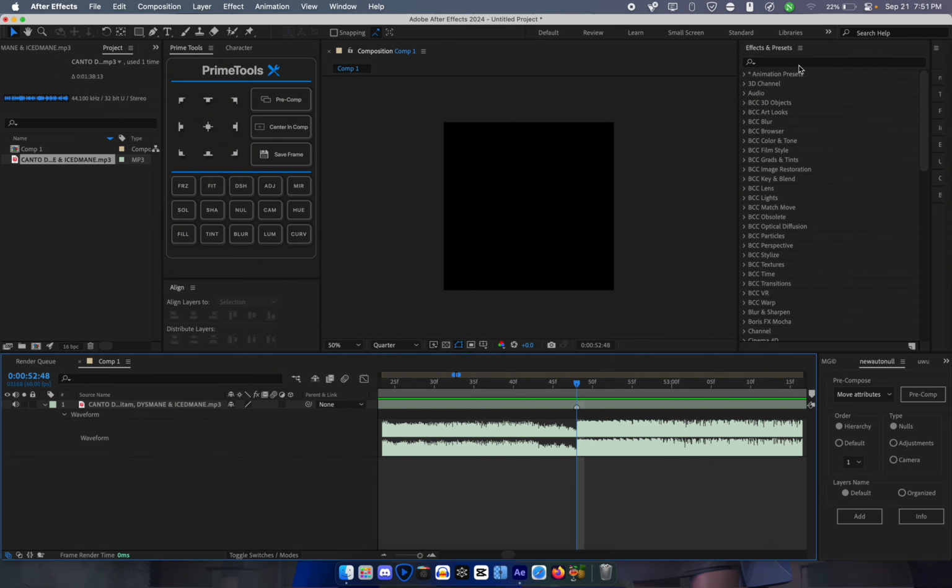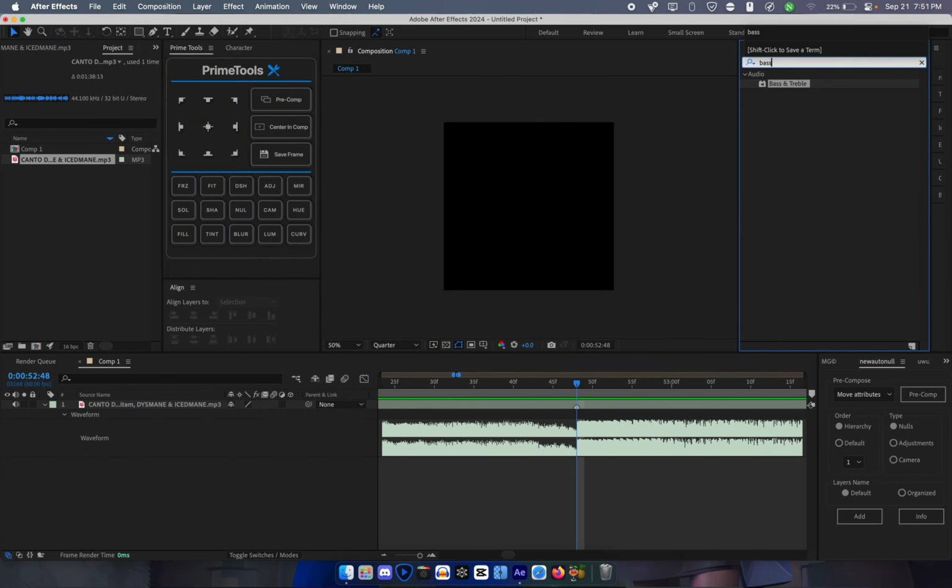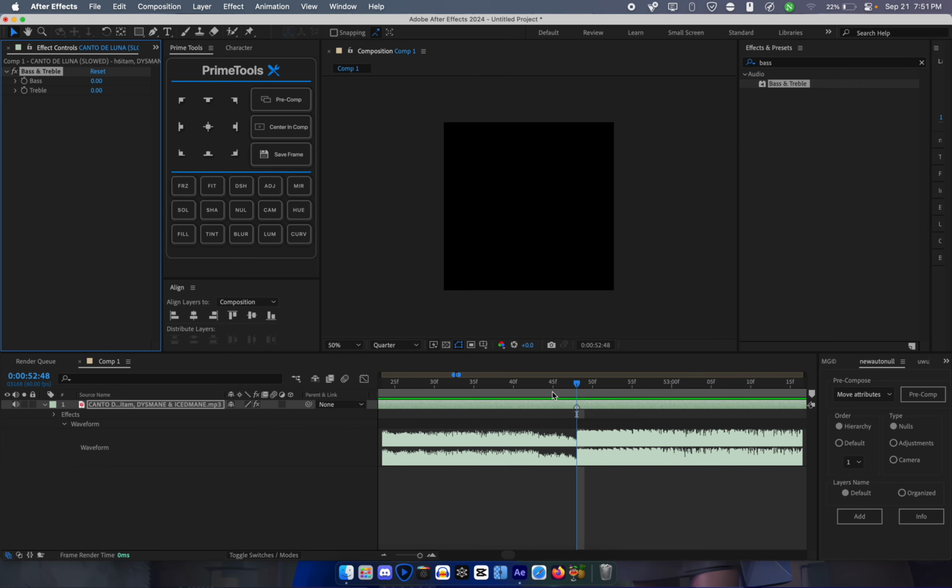So now go to effects and preset and search for bass and treble. So I'll be using this, and come back few frames backward. I'll be placing about here, I guess, and put this value -20 and -80,